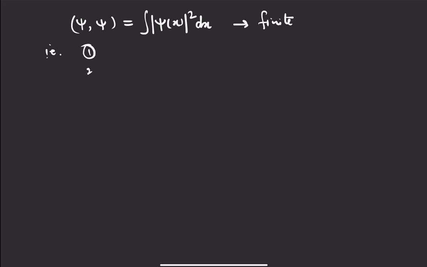And second, it satisfies all the properties of the scalar product of a Hilbert space. It is also to be noted that the dimension of the Hilbert space of square integrable functions is infinite